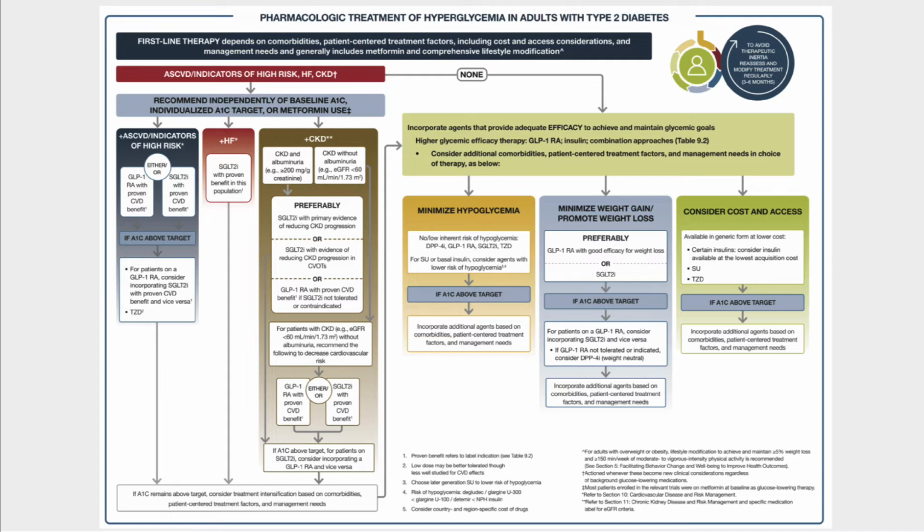The next thing that we take into account is their cardiovascular health. Do they have cardiovascular disease? Are they at high risk? Do they have heart failure, hypertension, CKD, those kind of things? And then based on their comorbid conditions, we can pick the next drug to add, whether it's a GLP-1 receptor agonist, which has cardiovascular outcomes data, very cuddly drugs, we like them, or an SGLT2 inhibitor, which also has proven cardiovascular outcomes data, but we kind of like it more for the hypertensive people,